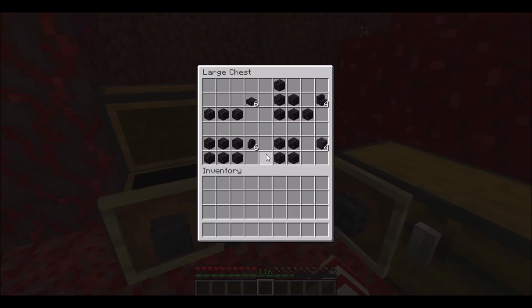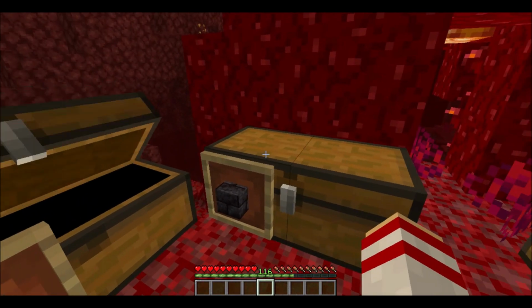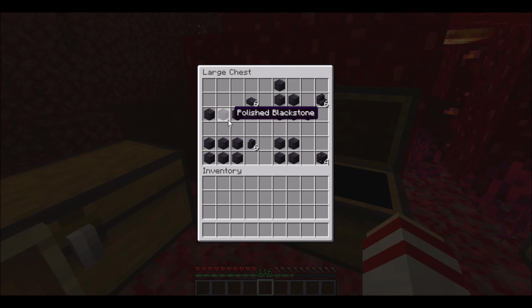We also have a lot of new blocks, particularly the blackstone blocks. So we have regular blackstone. We also have the blackstone slabs, blackstone stairs, walls, and polished blackstone, which is made from 4 blackstone put into the smaller inventory crafting table. Once you have your polished blackstone, you can then again make polished blackstone slabs, stairs, and walls,